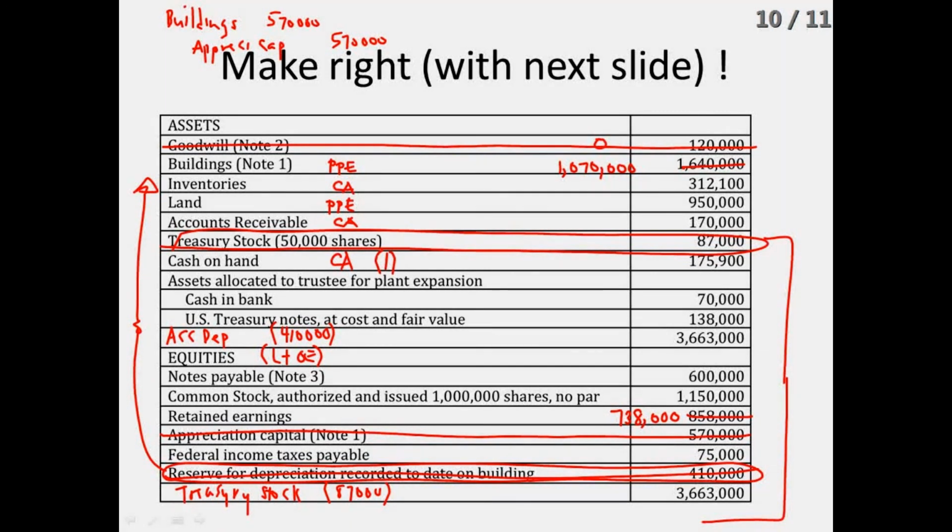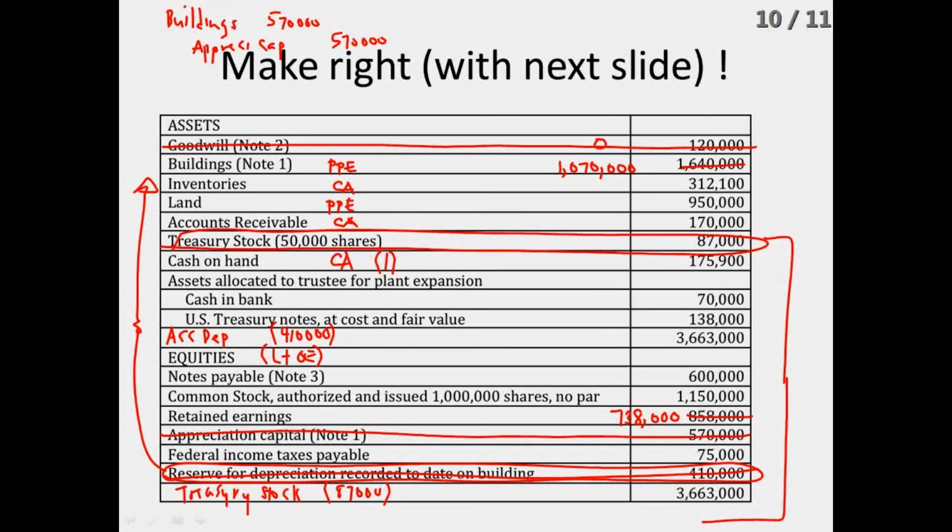Now, assets allocated to the trustee for plant expansion. So there's some cash and some treasury notes. These are assets that we have earmarked and told our trustee to use for plant expansion. That means we can't use them. We've put them in a trust and we can't touch them. So what kind of assets are those? Probably long-term. They're definitely not